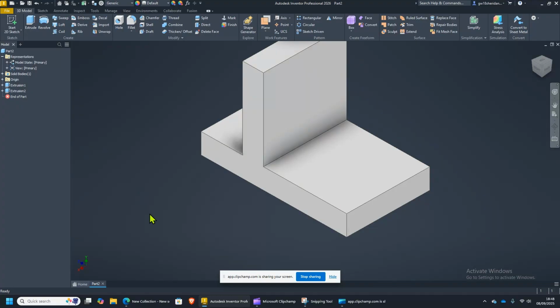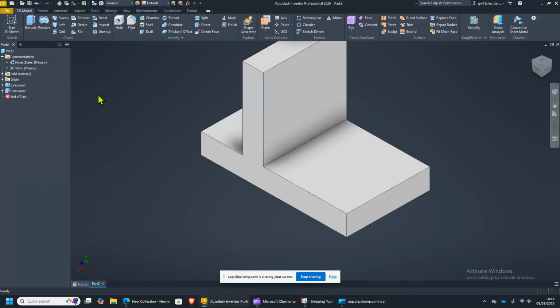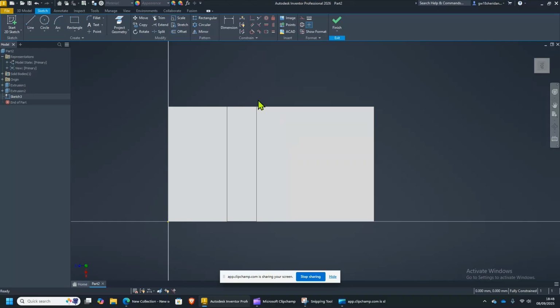Let's do the third and final extrude now. So we've got a very, very similar situation. This time we're 20 millimeters from the previous extrusion. We're going to go up 30 millimeters and we're 10 millimeters thick. So we're going to start a sketch, click on that top surface, use my middle mouse button to get that in position. I'm going to grab my rectangle tool, allow it to find and snap to the edges once,